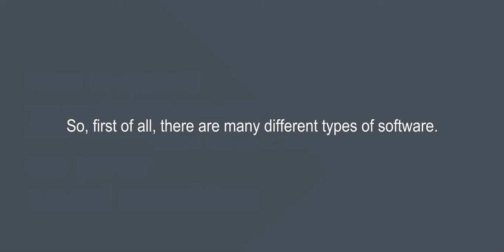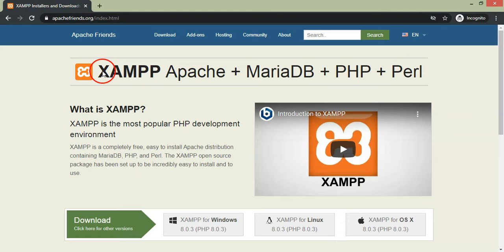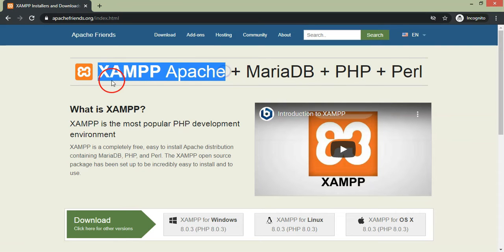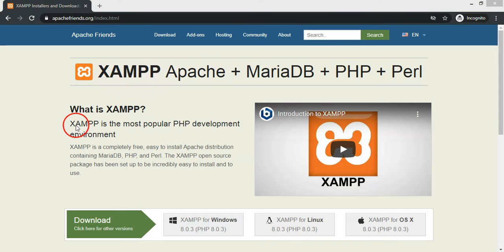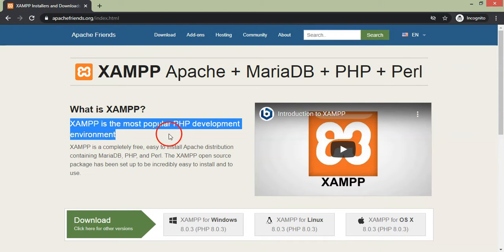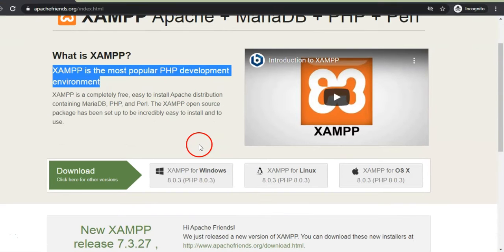So, first of all, there are many different types of software. But we are going to be downloading only one, and this one is called XAMPP. Why are we downloading this? Because XAMPP is actually, as they say, the most popular PHP development environment, and I have to kind of agree. Now, when you come to this screen here, you're going to have a button here